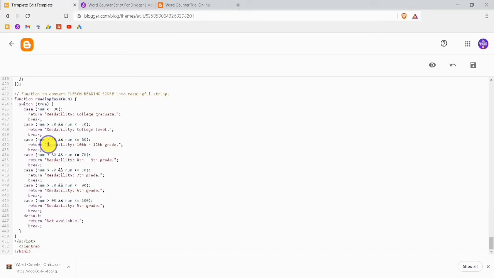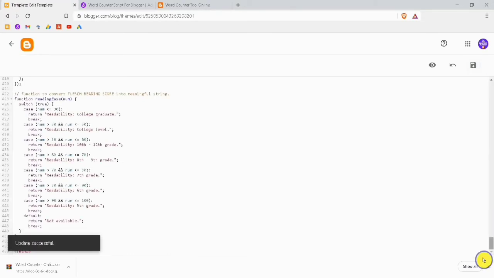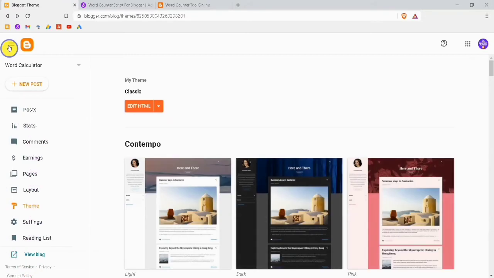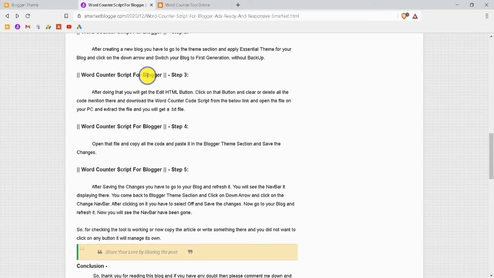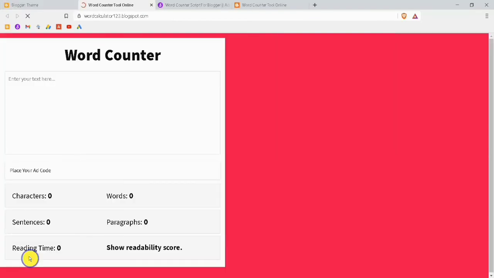After pasting it, you can save it. So I will show my blog. So our third step has been completed. Our fourth step was to open that file, paste that code and save the changes. We have done it.